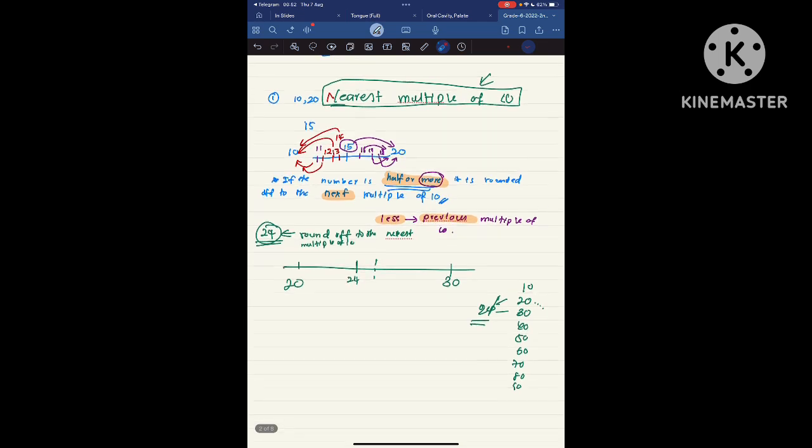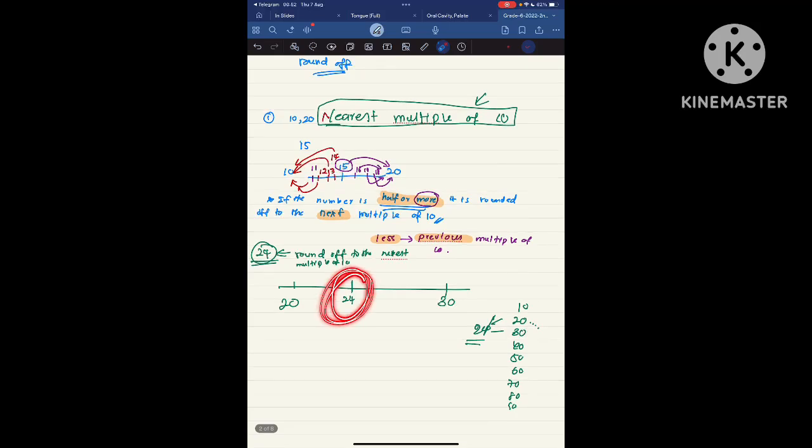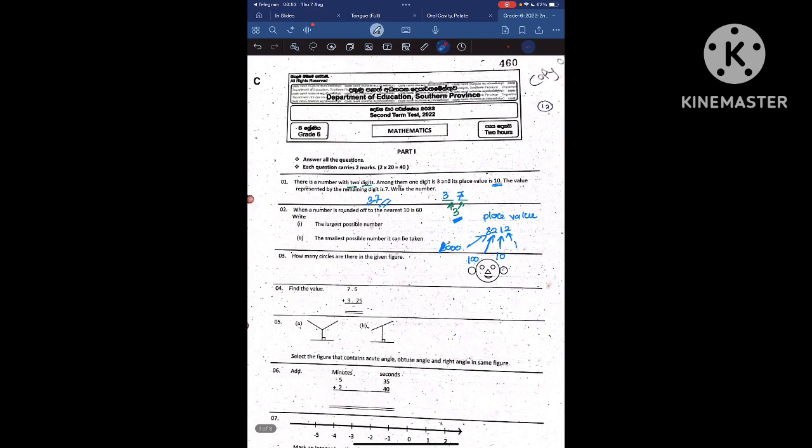If it is less than half, it goes to the previous multiple of 10. So this 24 is less than half, which means it goes to the previous multiple. 24 is between 20 and 30, somewhere here. If it is less than 25, it goes to the previous one, which means 20. Okay, I hope it's clear now. And the next one is,